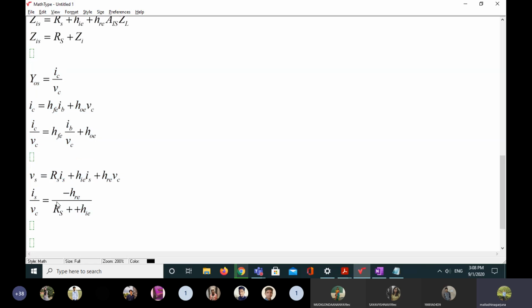This is nothing but the source resistance. But in this derivation I didn't find the ZI term, so for that reason I am not mentioning ZI in the output admittance. If I found some ZI equation and ZI relation, then I could have added ZI into the output admittance also. This is my simplest way for the output admittance, but here I didn't find any ZI term, so that is the reason I'm not mentioning it.